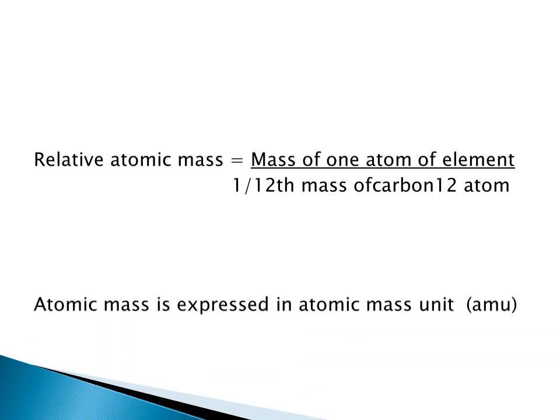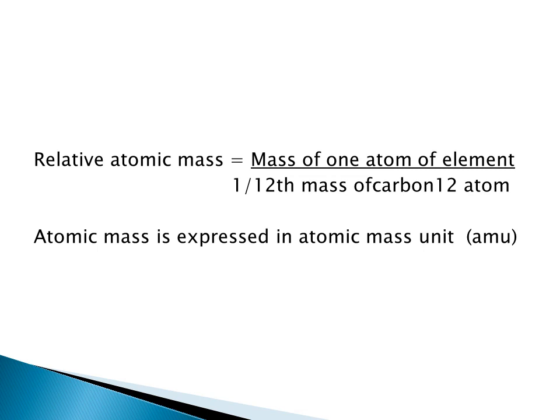Now we can express atomic mass in atomic mass unit. I already told you we cannot express atomic mass in gram or kilogram since the mass of an atom is very small. So we select a unit that is known as atomic mass unit, or simply